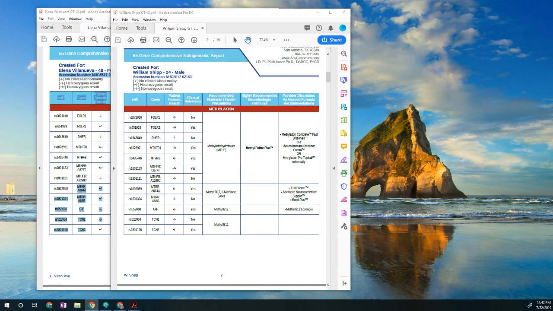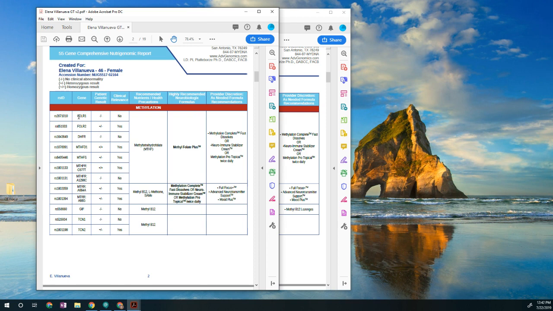So looking at these tests here, I actually put my test up and I also put my son's up so that we could just see for comparison how the genes pass down in the lineage. But I just want to show you right here, these genes up here at the top that I'm highlighting, these are methylation genes that are utilizing folate to create methyl groups.